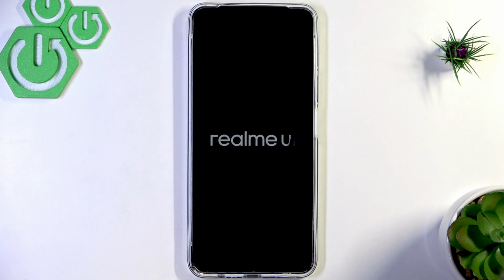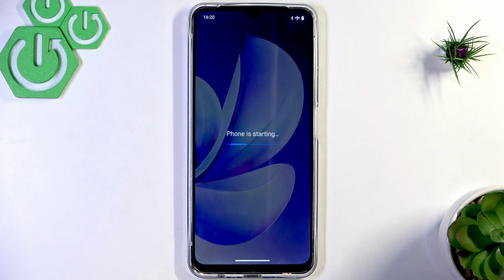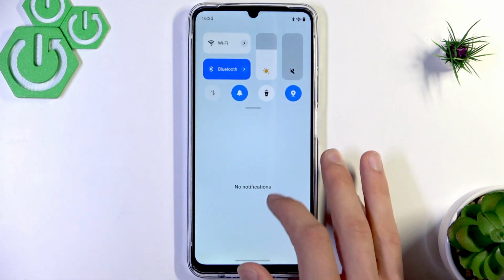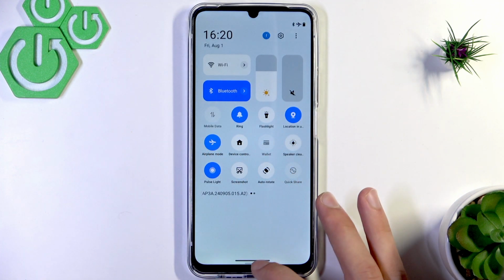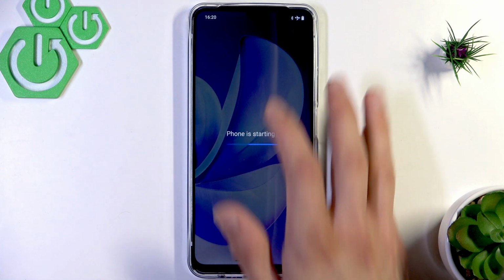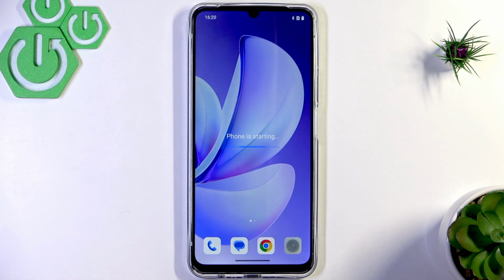Now, if you cannot do this too, then perform a factory reset. Once you perform a factory reset on your phone, all the files from your device will be erased, but you'll be able to start using your device once again. So the first way to perform a factory reset is remotely, and to do that you have to